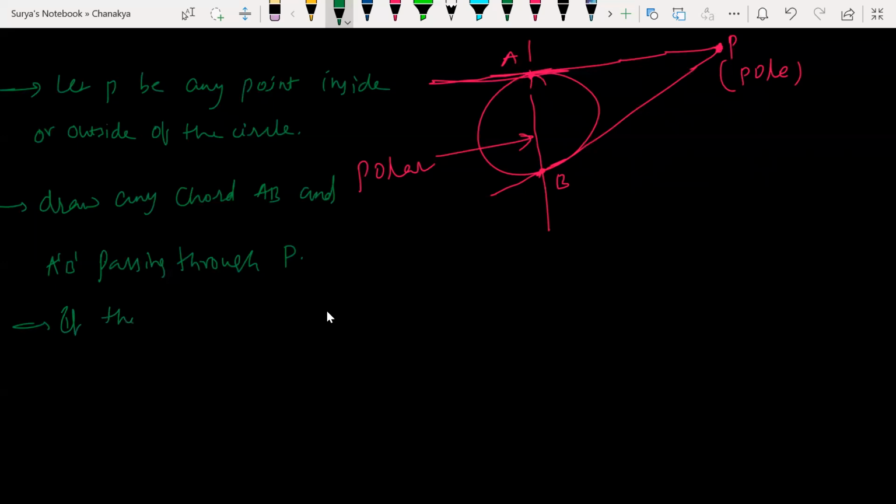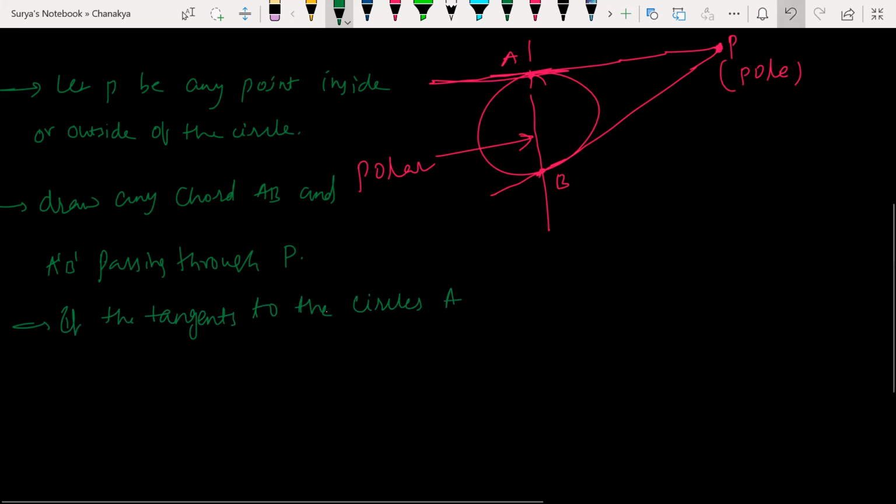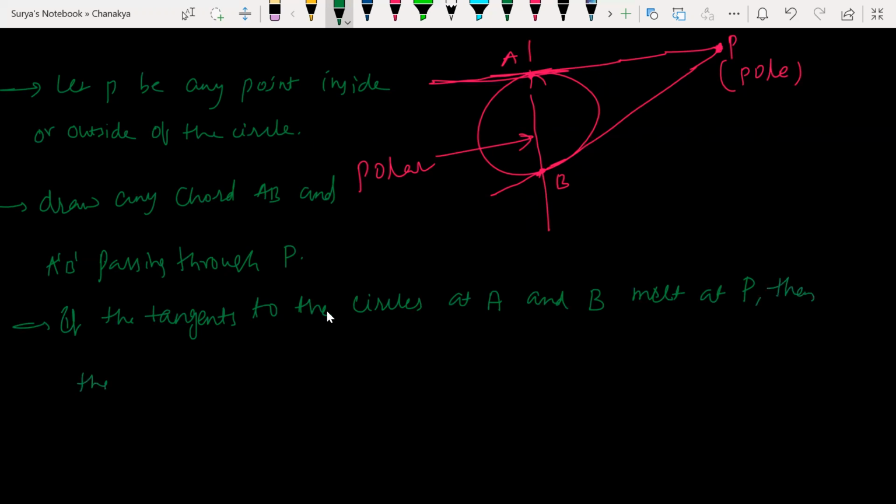If the tangents to the circle at points A and B meet at Q, we assumed they meet at P. Then the locus of P is called